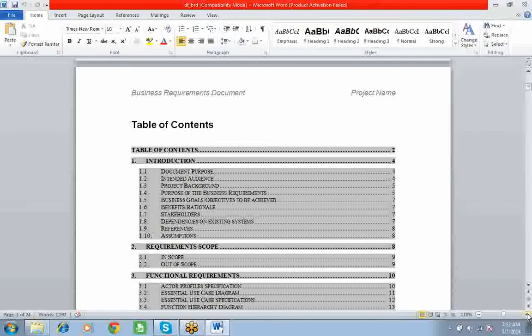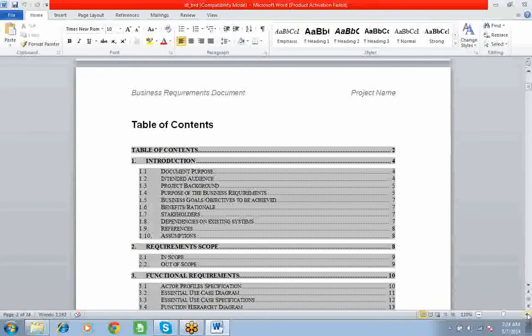And next one is stakeholders. 1.7. Stakeholders, end users. Who is going to work on this application? Employees or customers? Okay, whomever it is, stakeholders. You have to mention there. Like, let's assume you are designing an insurance application. So insurance agents can look into this. Insurance customers can look into this. Okay, like this you can say.